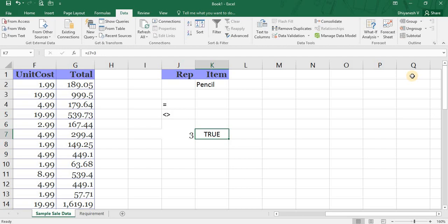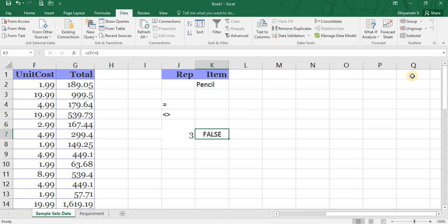I have to validate whether this cell is not equal to 3 or not. So in that case, I will just edit the cell, and instead of the equal to sign, I will put a less than symbol and a greater than symbol together and press enter. So this is false because this is 3.